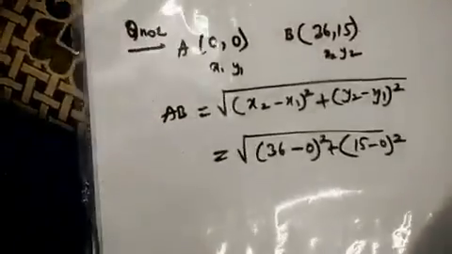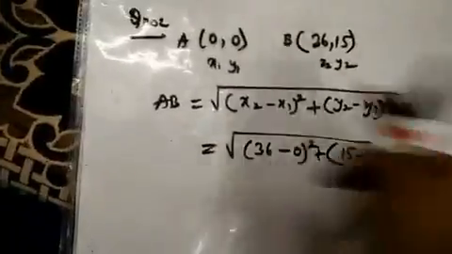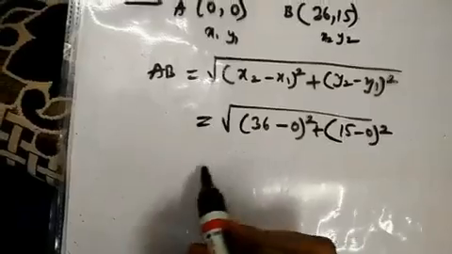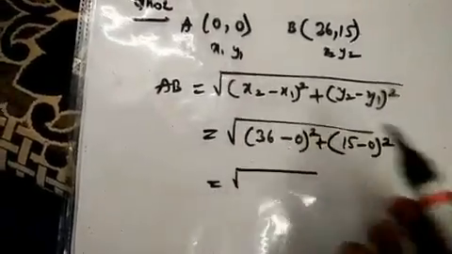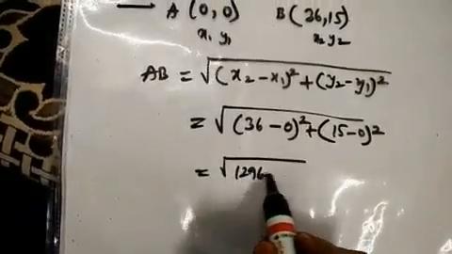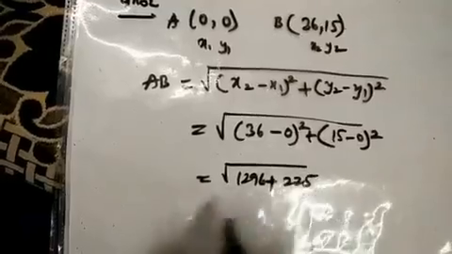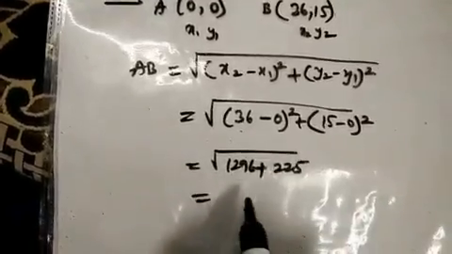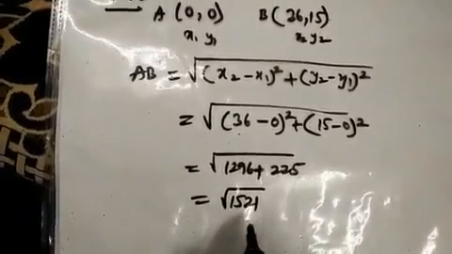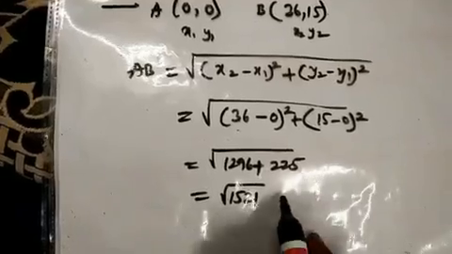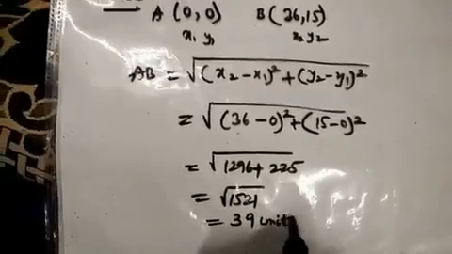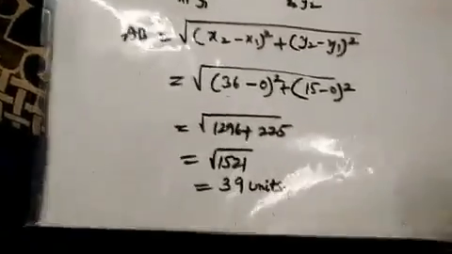That's what I was trying to bring it to your notice, the remark. Here one point is origin, so obviously the second point itself, the square will be the distance. So you need not do all this, simply directly you can say x square plus y square, but still I am showing you so that you can find out the difference. Whichever method you feel easy you can do. I am writing the numbers directly, you can do multiplication and do it. 15, 1, 5, 2, 1. You have to find out the LCM of it. Once you find out LCM, you will be seeing you are getting the square root as 36, and this is the unit. Let's complete the second part.